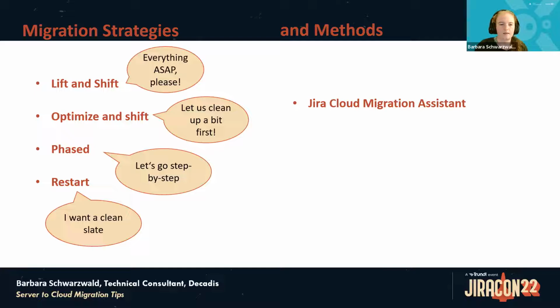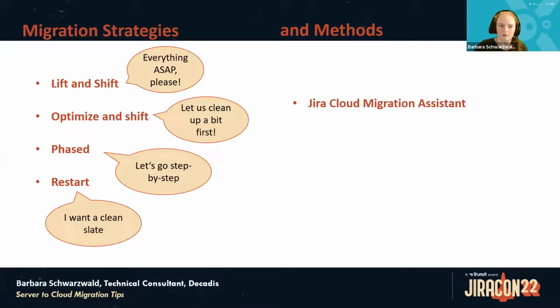provided by Atlassian. And if you have a very up-to-date Jira or Confluence instance on your server, then it's probably already installed. Maybe you didn't even notice it. This free tool gives you the possibility to connect your server or data center instance to a cloud instance, assess apps, and run the migration, either all at once or in phases. So it is suited to the first three migration strategies. If you restart, of course, then you might not really need it,